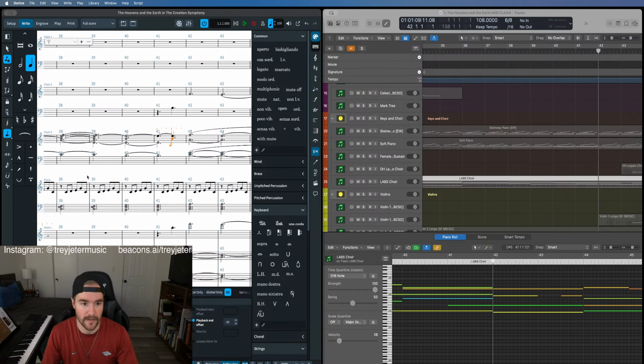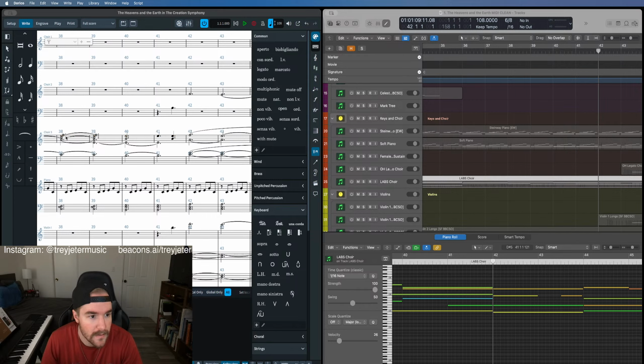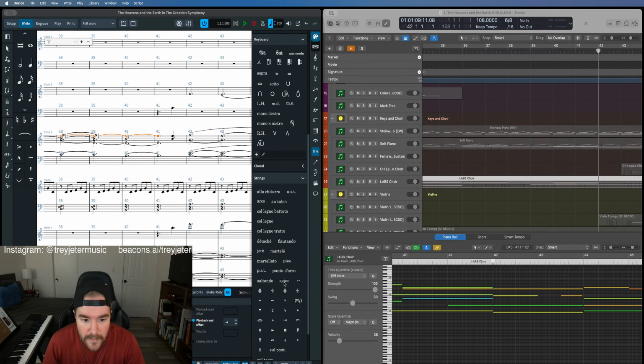Oh, it's because it goes up to the melody. I usually take off this tie to this note so it can be a little separate. And what we can actually do is come in here and put